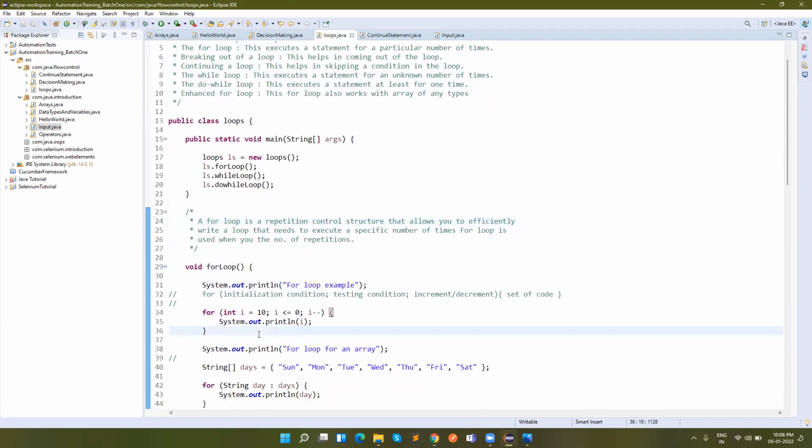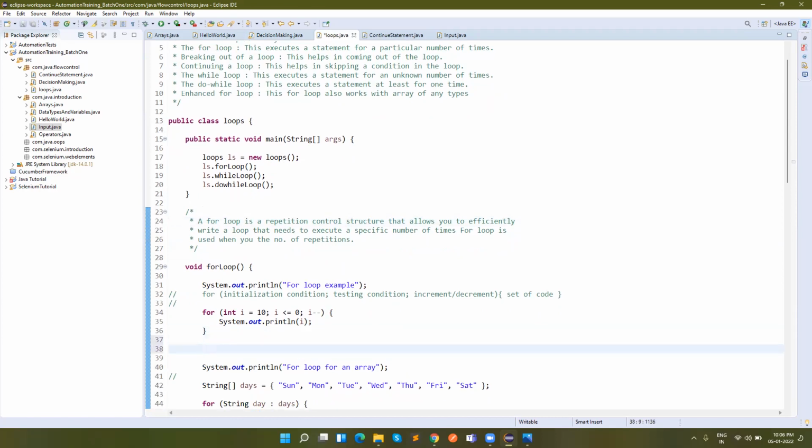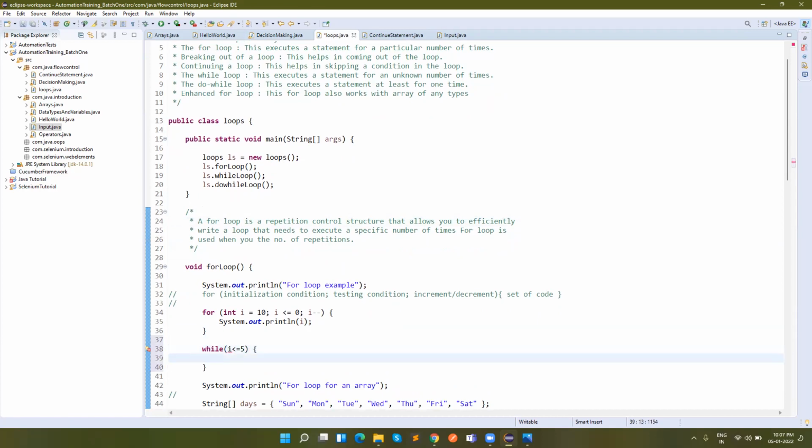So basically, I have said that in the loop we match some condition, right? If I write a while condition like this: integer I is equal to 0, while I is less than or equal to 5, then do something, right? Now here as well we know how many times I need to repeat some code, correct?